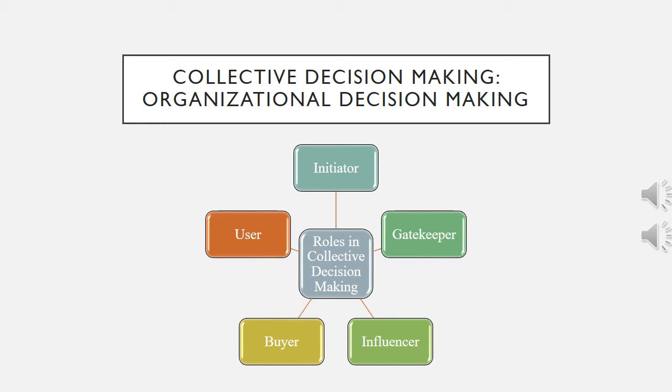In organizational context, the gatekeeper identifies possible vendors and products for the rest of the group to consider. Third is the influencer. It is the person who tries to sway the outcome of the decision. Some people may be more motivated than others to get involved, and participants also possess different amounts of power to get their point across. And fourth are the buyers.